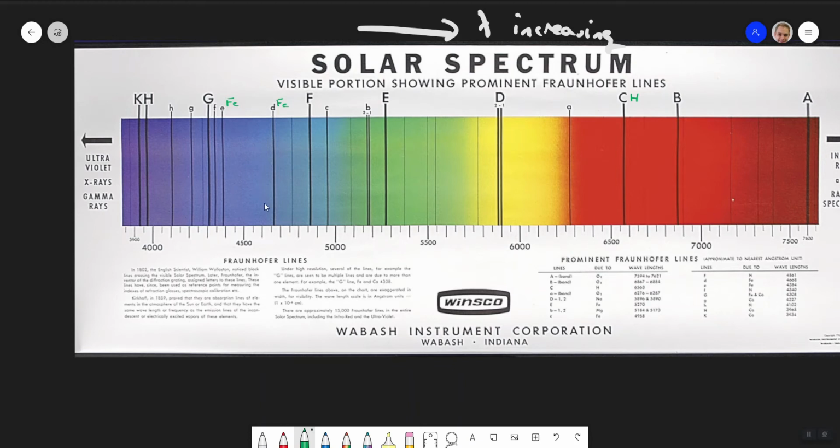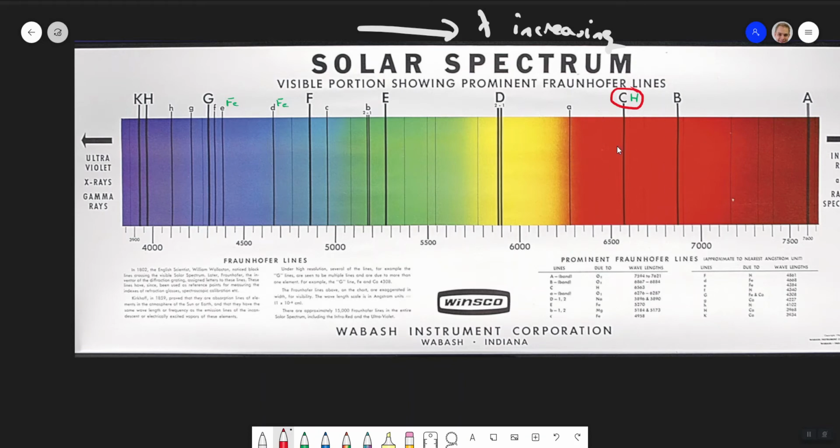So a couple of things that we have. This is a fingerprint of the elements inside a star. And what this allows us to do is track how these lines behave on different stars, or different galaxies, when we look at them. The ones that we tend to look at are the ones to do with hydrogen, because we know that every single star that exists in the universe must have an absorption line at 656.3 nanometers, because it must have hydrogen in it, because that's the composite of all stars. There must be hydrogen.